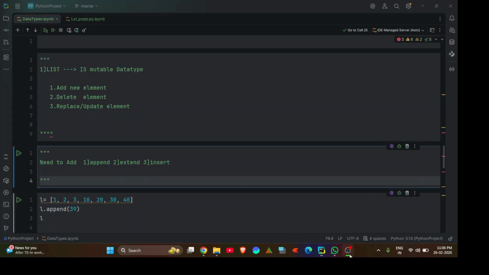So in this way, we learned these commands, and in further videos, we are also going to deep dive into all the methods in